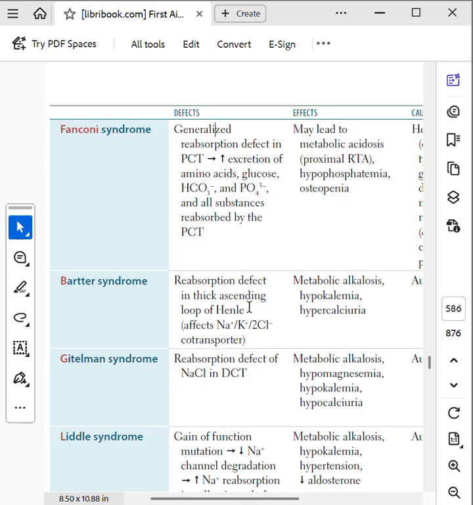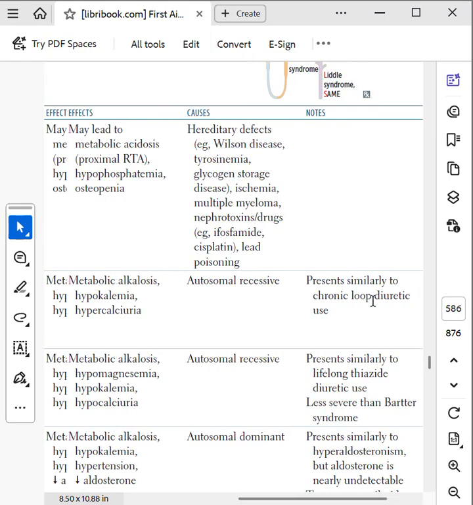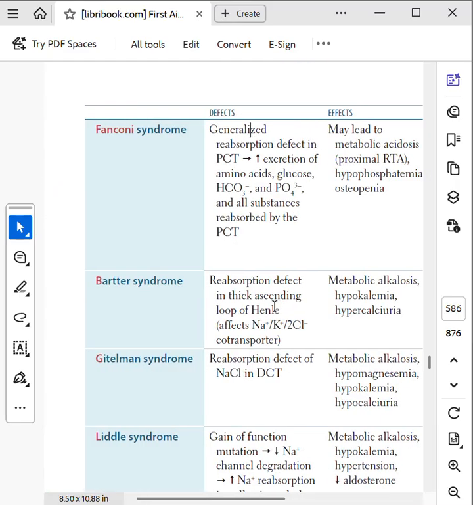अगर आपके पास थिक असेंडिंग लूप ऑफ हेनरी में एक रीअब्जॉर्प्शन डिफेक्ट है सोडियम पोटेशियम 2 क्लोराइड का, तो आपको मेटाबॉलिक एल्कलोसिस मिलेगा, हाइपोकेलीमिया मिलेगा और हाइपरकैल्सीयूरिया मिलेगा। हाइपरकैल्सीयूरिया क्यों मिलेगा? कि आपके पास ये सोडियम पोटेशियम 2 क्लोराइड तो आ ही नहीं रहा अंदर, तो पोटेशियम का बैक लीक नहीं हो रहा और कैल्शियम भी अंदर नहीं आ पा रही, तो कैल्शियम आपकी वेस्ट होती है यूरिन में। इसकी वजह से यू गेट हाइपरकैल्सीयूरिया एंड यू गेट हाइपोकेलीमिया, क्योंकि पोटेशियम का आपको बैक लीक नहीं हो रहा और इसी वजह से मेटाबॉलिक एल्कलोसिस हो रहा है आपका पास। ये एक ऑटोसोमल रिसेसिव डिजीज़ है एंड इट प्रेजेंट सिमिलरली टू क्रॉनिक लूप डायरेटिक यूज़।